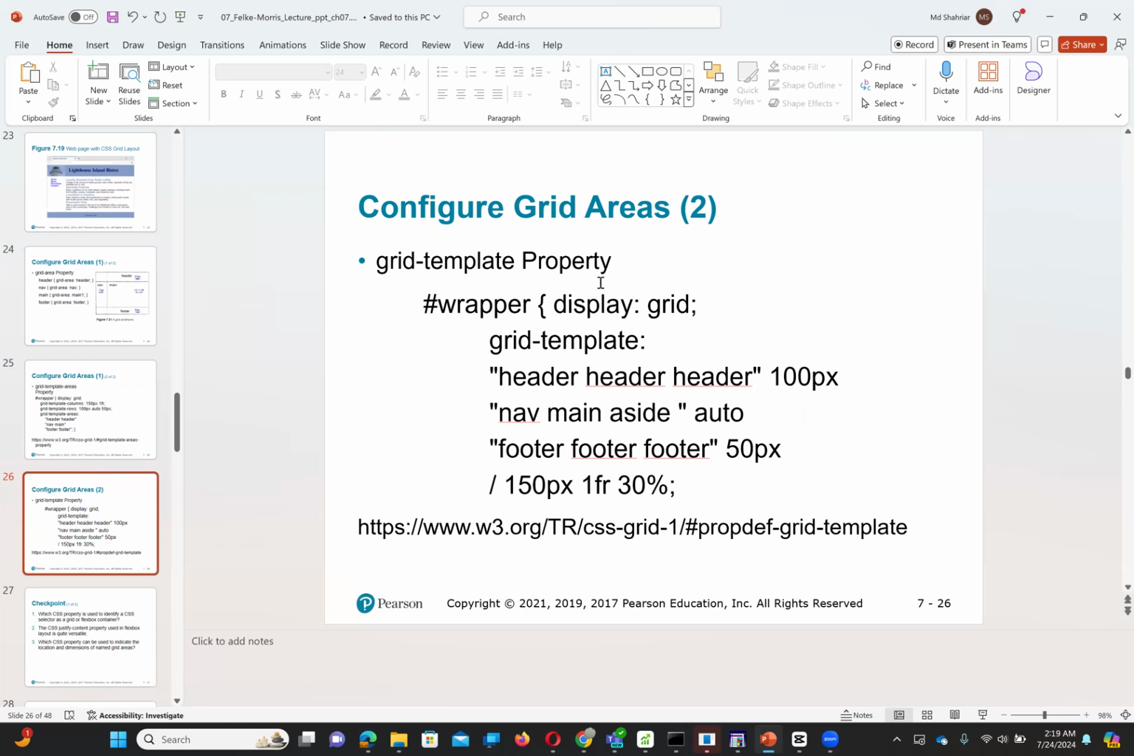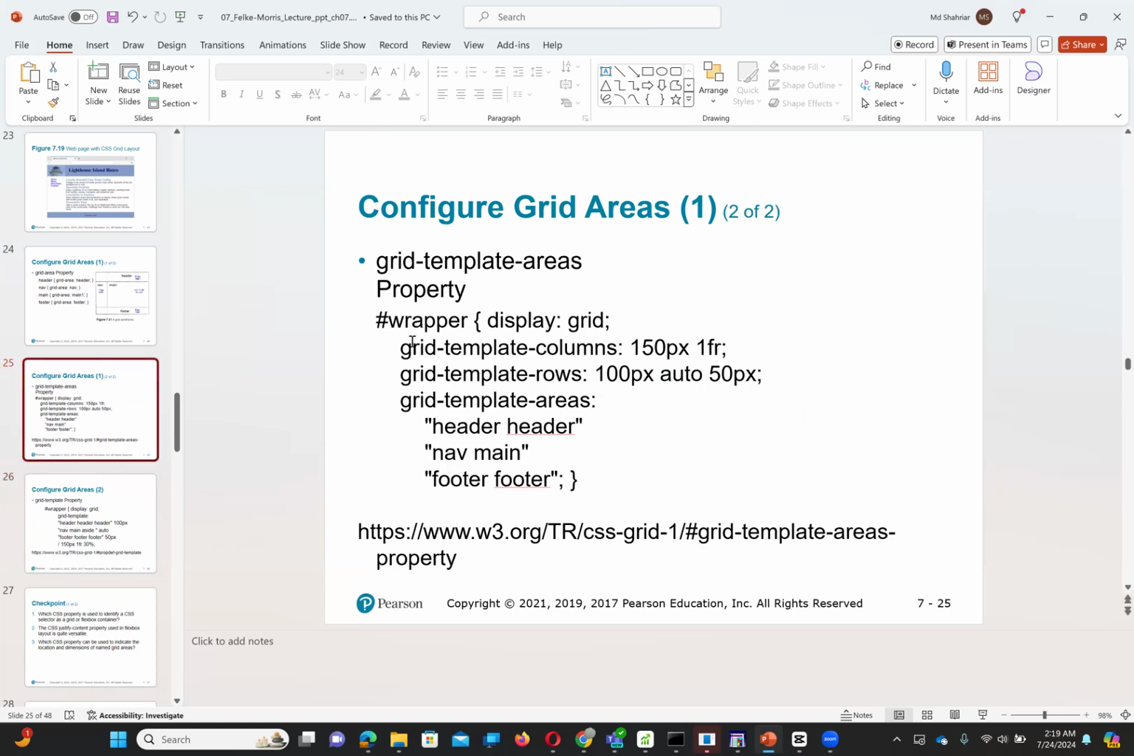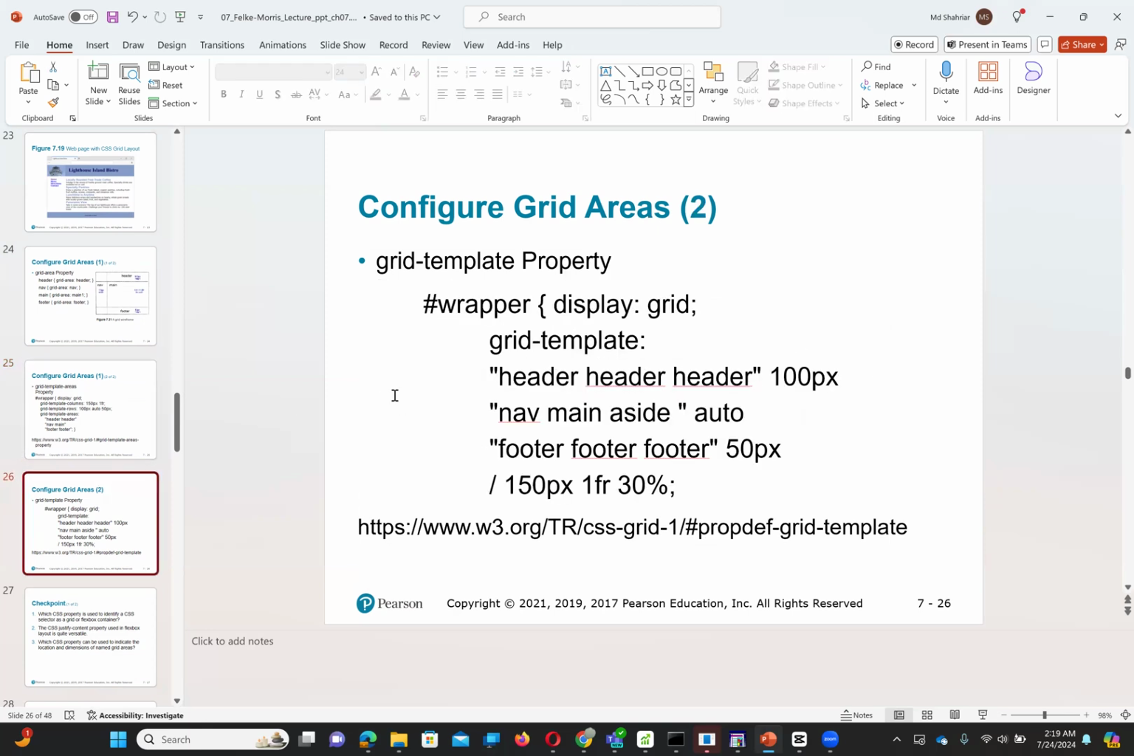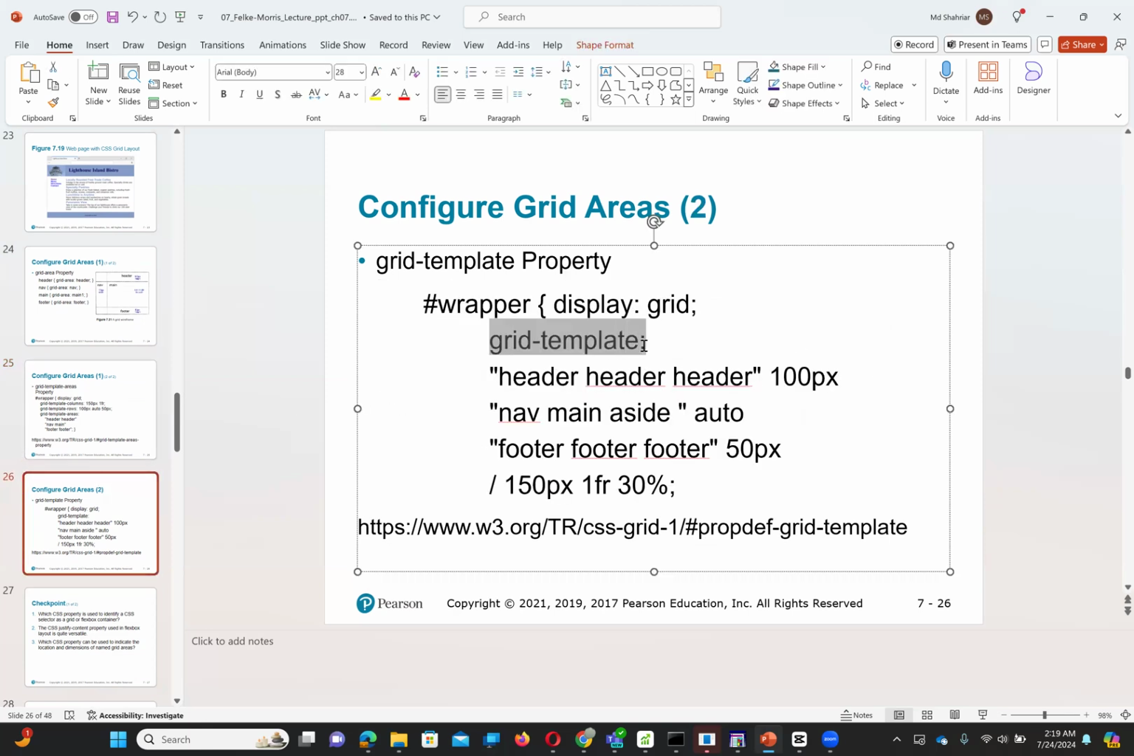So previously you see we had used grid template columns, grid template rows, grid template areas. So instead of that, we could just use one property, grid template. This is the shorthand property. And inside that, you put everything. So you put